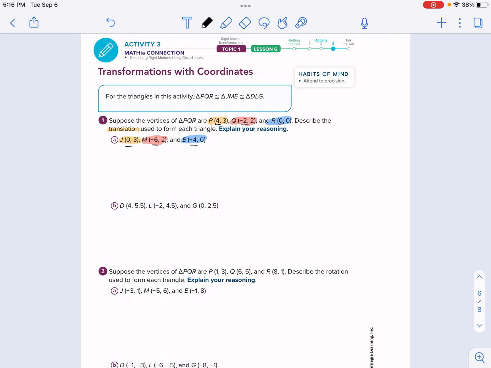So what this means is triangle PQR, we're going to move this to the left. So this PQR translates 4 left from the other triangle, as we see that each one of those X values is decreasing. Okay, we're not going to work on B. We're just going to do all the A parts of this in the next page on activity 3. So let's get to